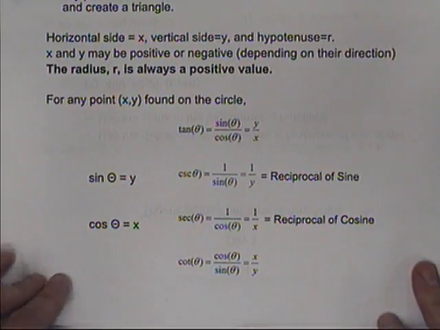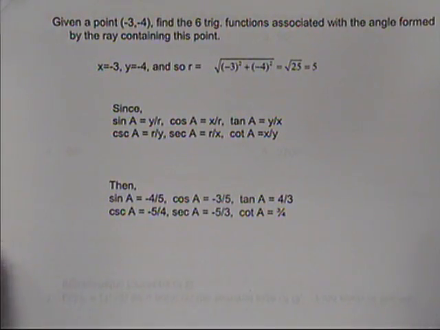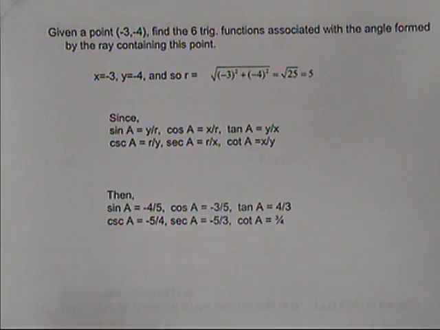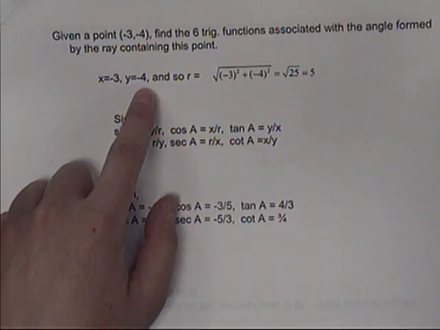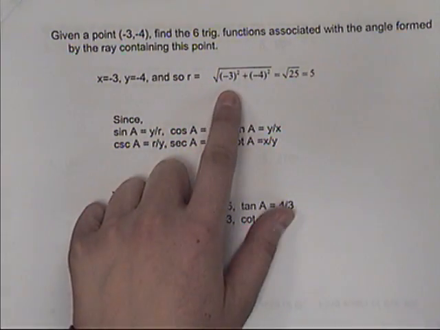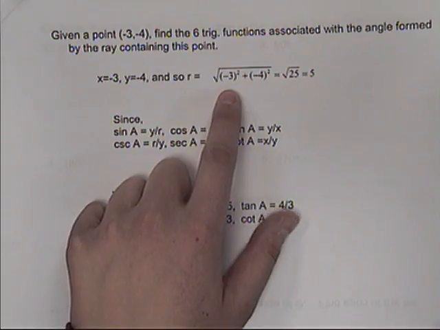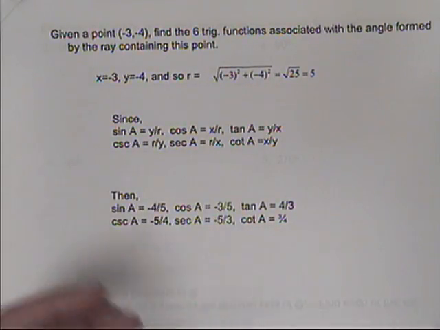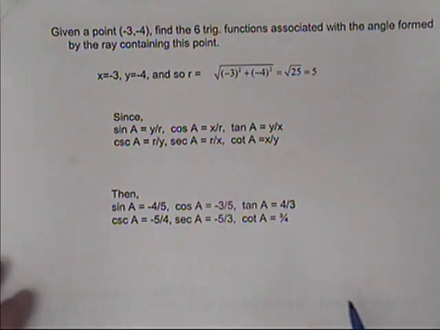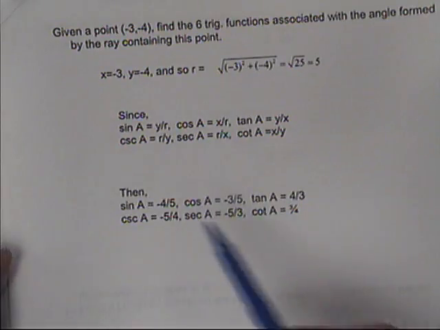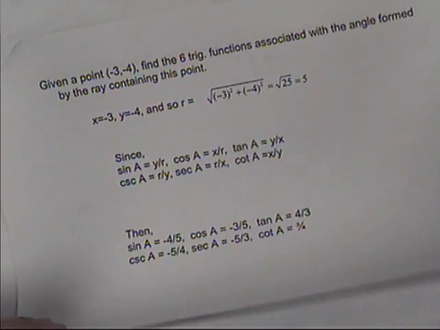Now, when you're working on a circle and you're defining an angle, the radius is always going to be positive. So at any given point, you can find that radius because you know you're working with a right triangle. So you simply square your x side, square your y side, add those together, and then to find the hypotenuse, you take the square root. It's just the same as the Pythagorean theorem. I'm going to show you how that works in the process. This is kind of a long drawn-out page, but I'm just going to do this specific example that shows you